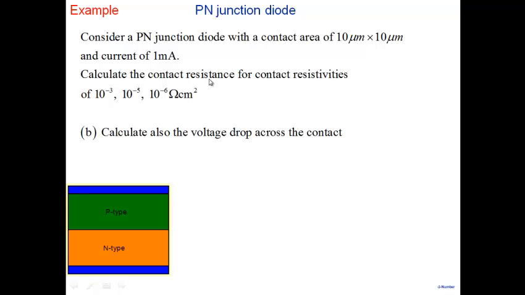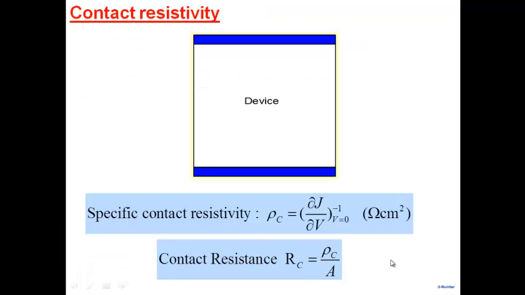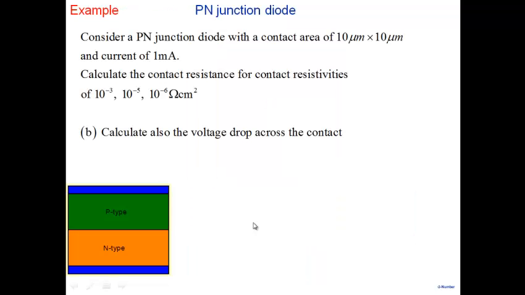So to do that, let's look at an example. So we take a PN junction diode, which is shown over here. There's a P region and there's an N region here. We formed a metal semiconductor contact at the top. What I want to know is, what kind of a value of rho C is good? And to get an assessment of that,